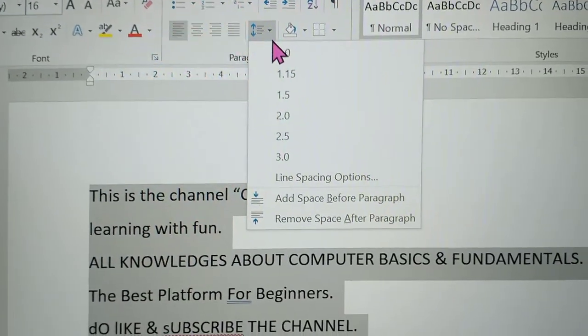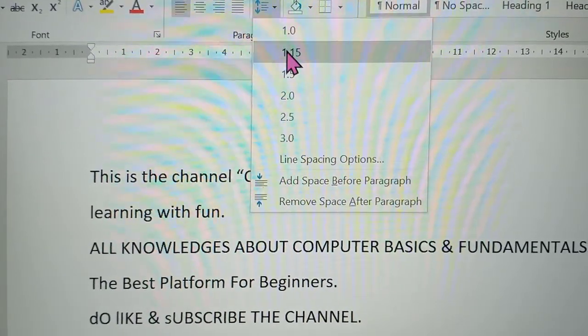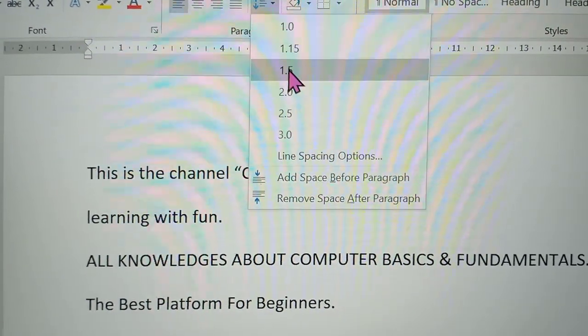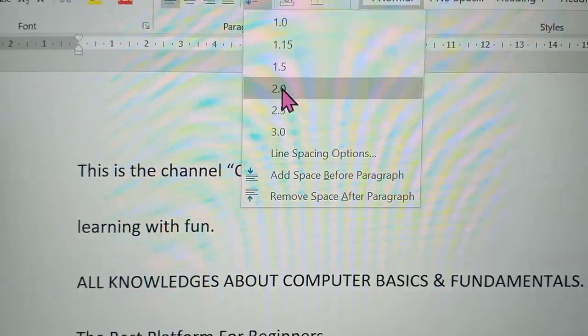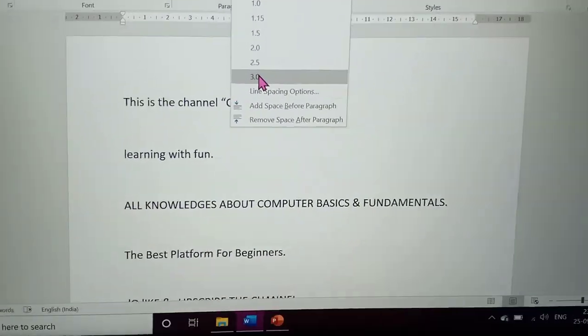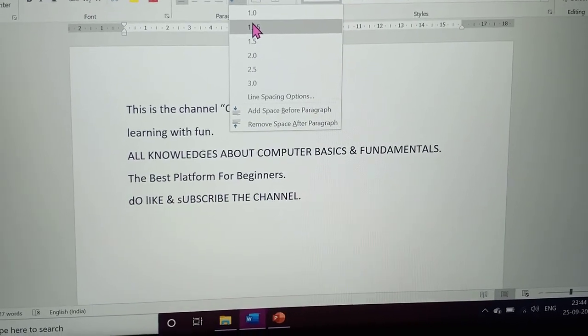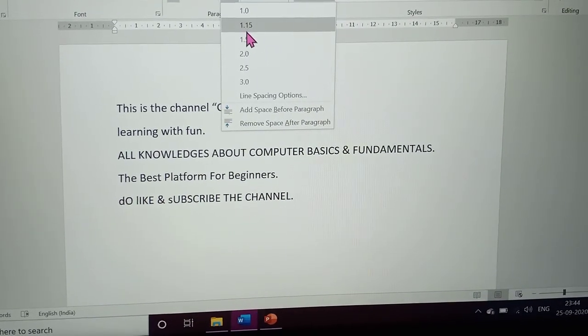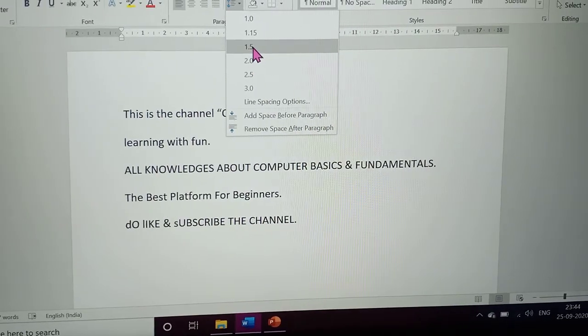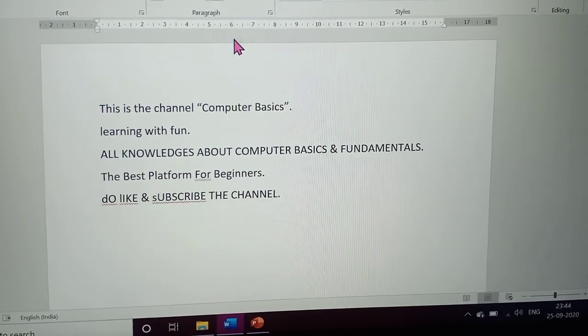Then I will change it: see here 1.0, then 1.5, some more space, then 2, then 2.5. See, the space is increasing. According to our requirement or choice, we can set the space between these lines.